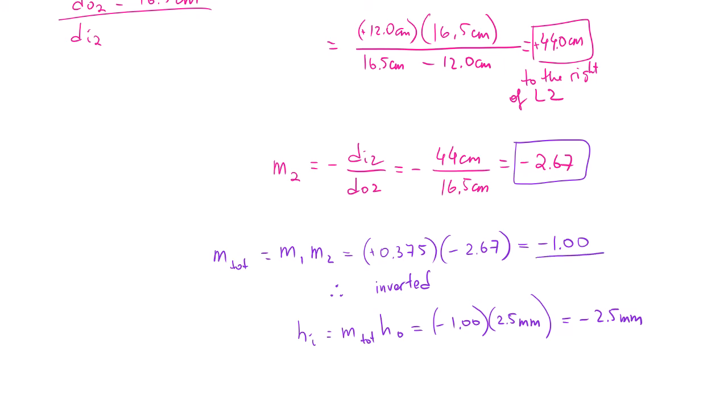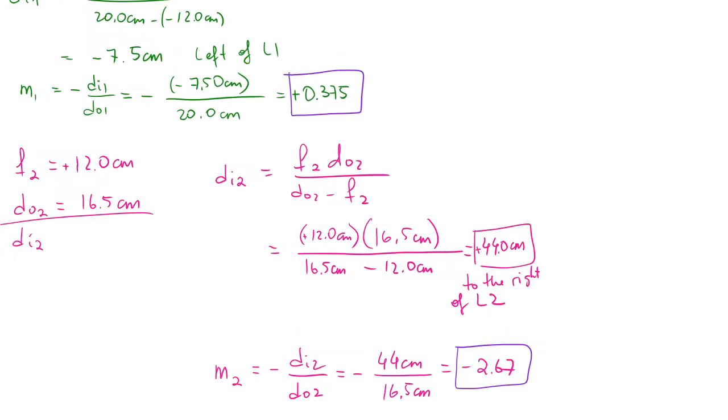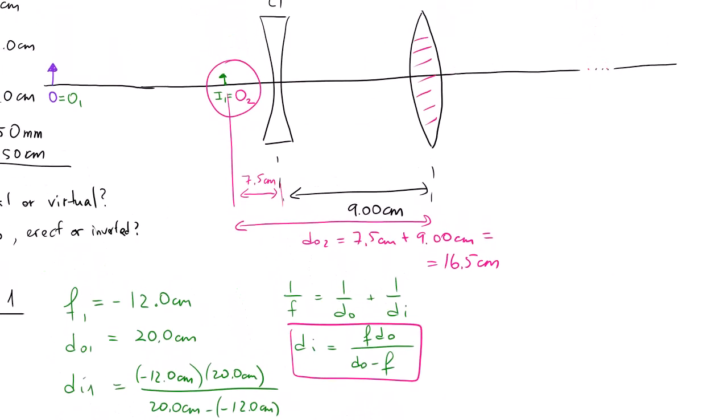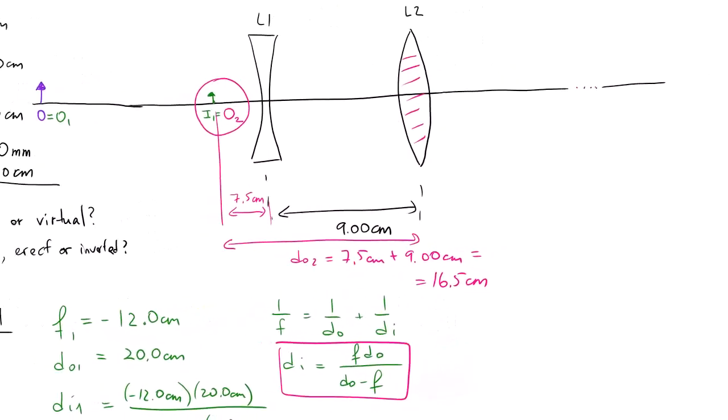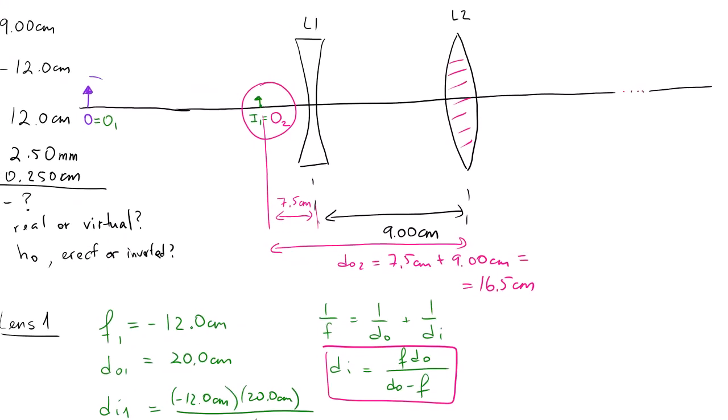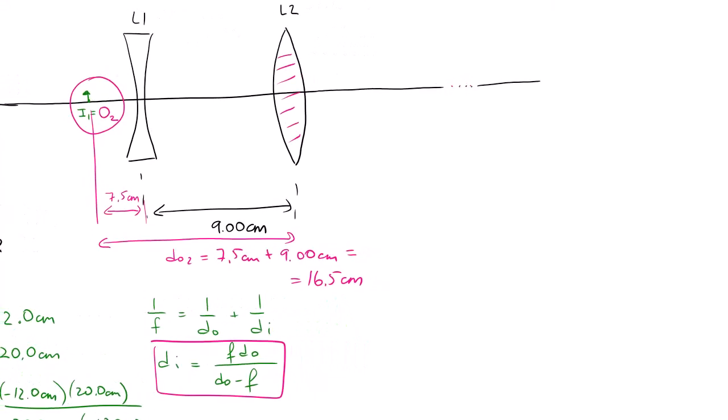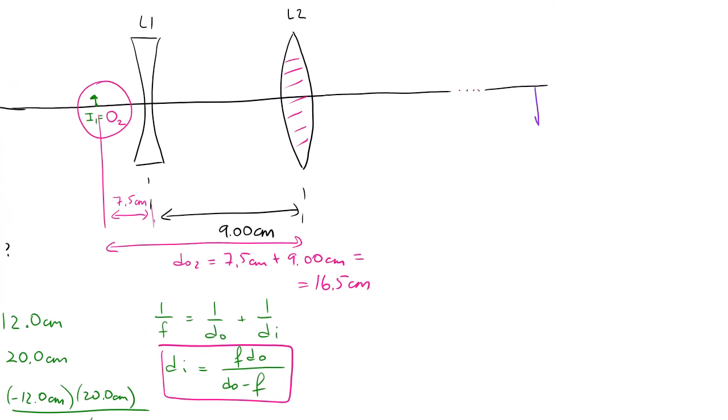When the total magnification is 1, that means the size of the object didn't change. The negative tells me it's inverted, and 2.5 millimeters means it didn't change the size. So if I go back to my picture, I would have to draw the same original object size somewhere here, inverted. Okay, so this is the final image, and the distance from here to here is 44